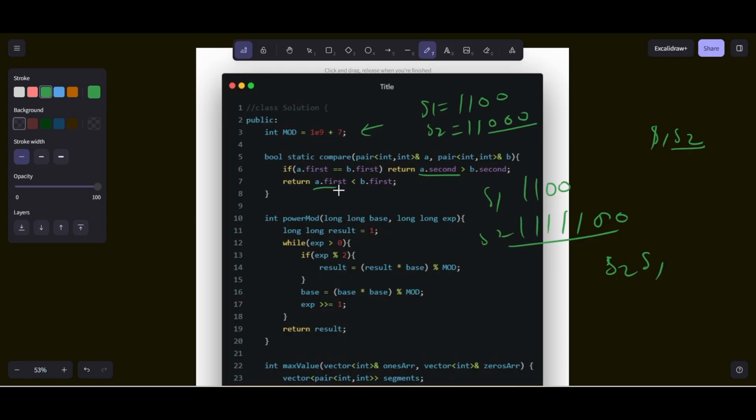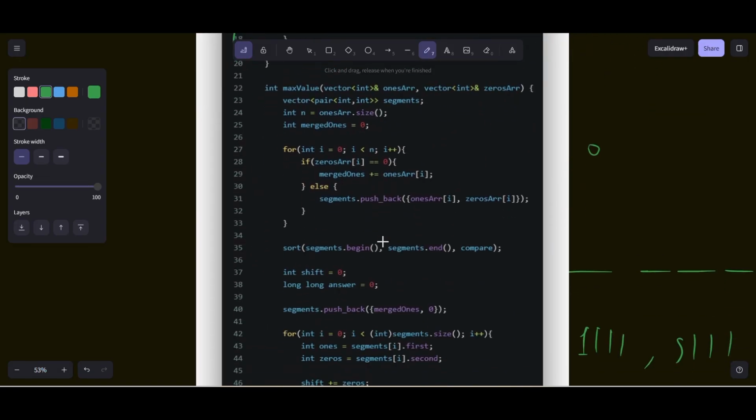And we have a power mod function, I will explain it later. The main function is the function which calculates the maximum value. We have segments which contain pairs of values. If the array contains only ones, that means the zero count is 0.